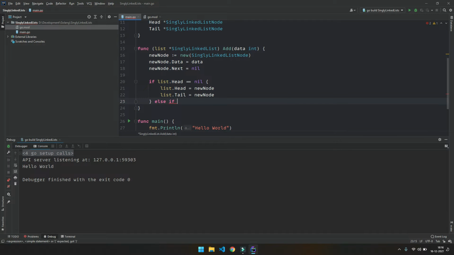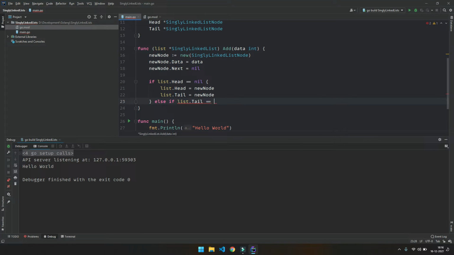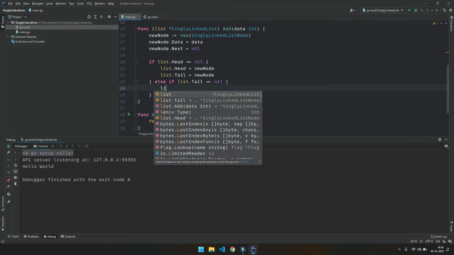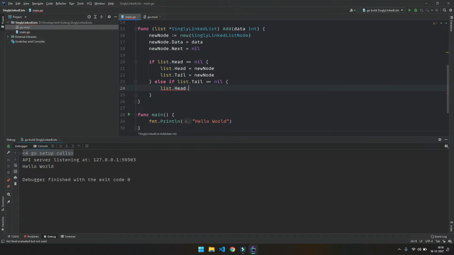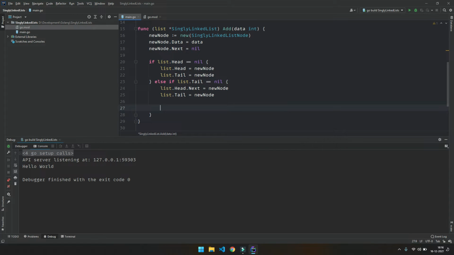For the second case, we are going to check if the tail of the list is nil or not. If the tail of the list is nil, that means we have only one element and we need to add a second element. So in that case, we are gonna just point our head's next node to our new node, and just assign our tail as the new node, or we can write it another way which will be more understandable.